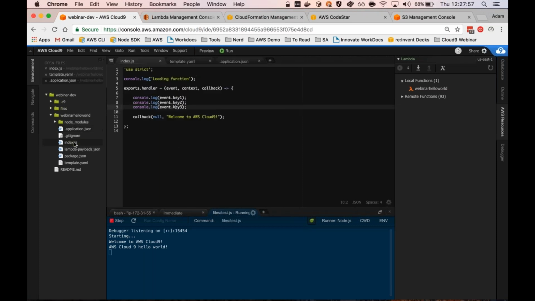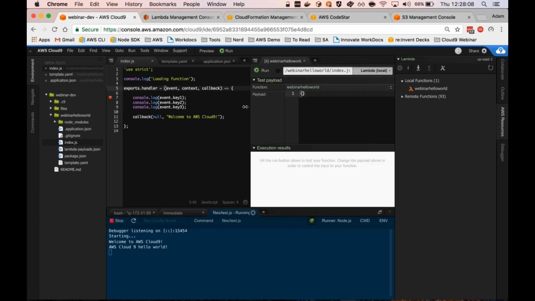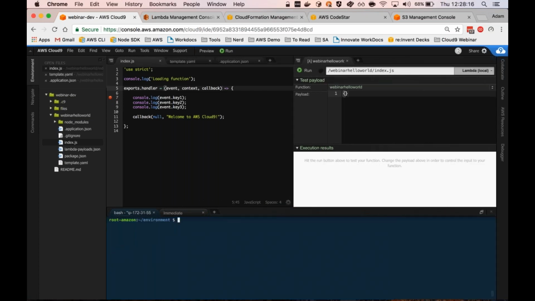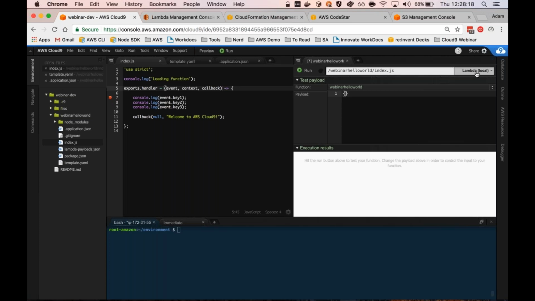Okay, so let's say I want to run a debug session on this code. So I'm just going to put a breakpoint here in the first console, and now I'm going to click on run. Now this time AWS Cloud9 knows that this is a Lambda function that's in my local functions list. So rather than executing it down here in a terminal window, it's actually opened up this Lambda setup. So what I can do is I can either debug or run the Lambda function locally, or I can run